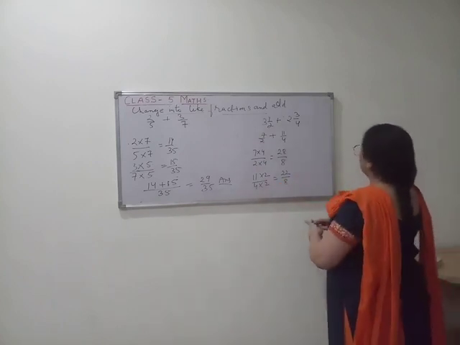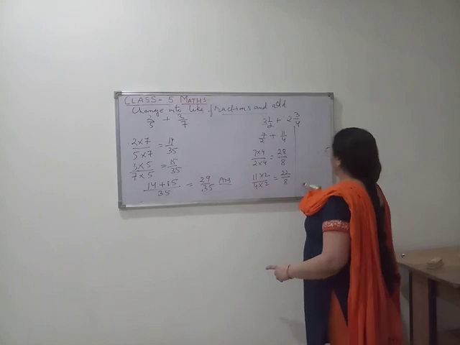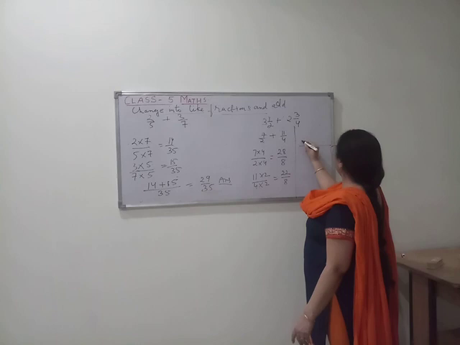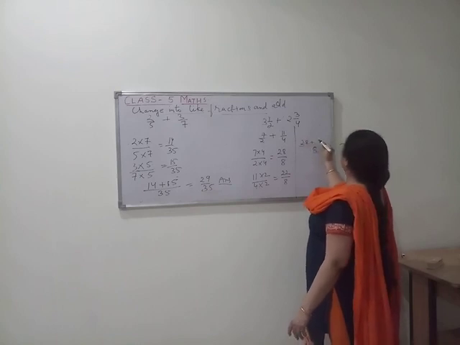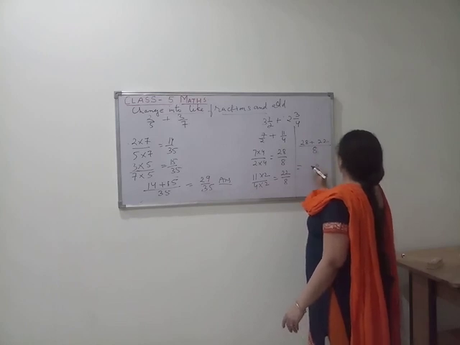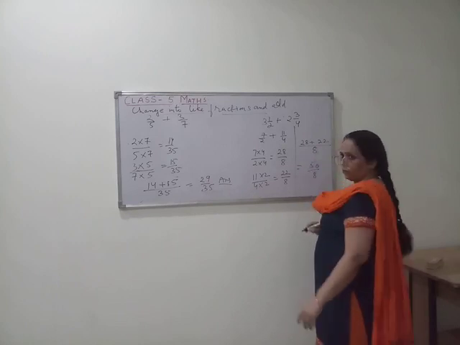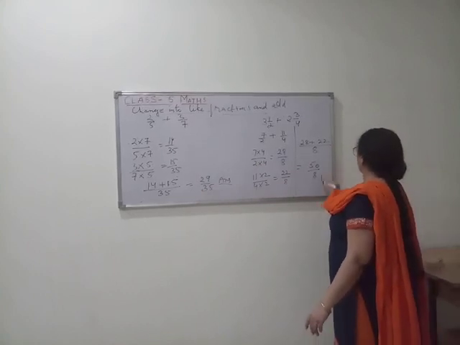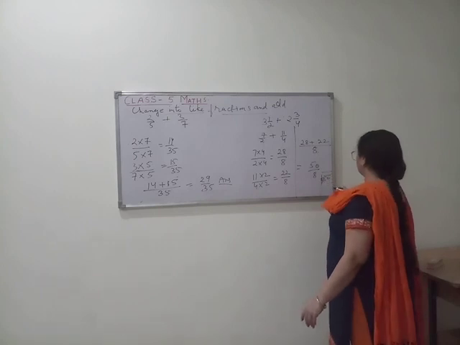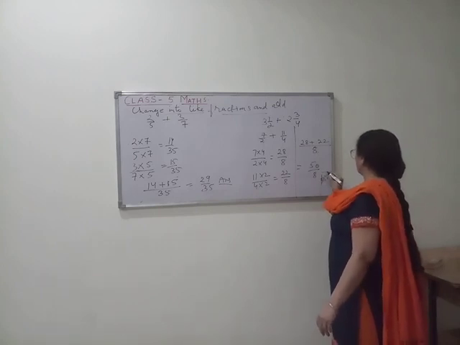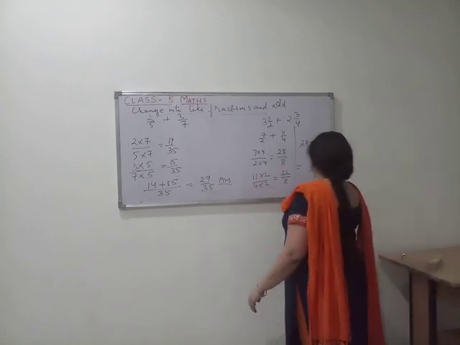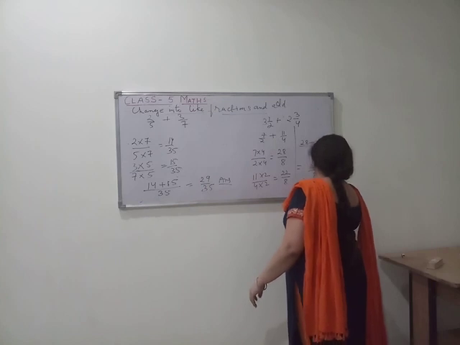Now we have got the fractions like this, and we will take LCM 8, and we will add both the numerators, 28 plus 22. Now we will get 50 upon 8. Now you can just divide it and make it into a mixed number. 8 sixes are 48, and we will get 2. And this will be 6 whole 2 upon 8 as the answer.